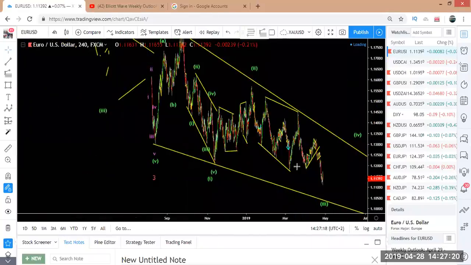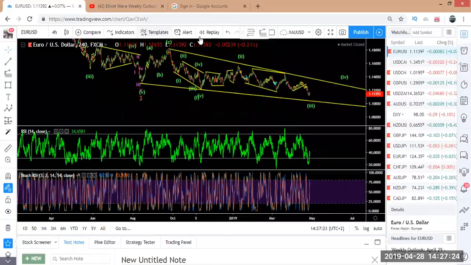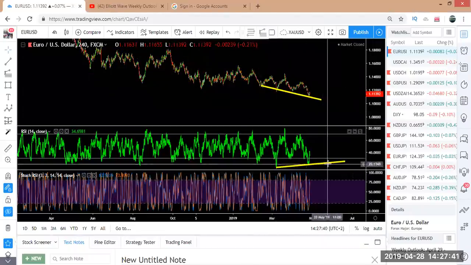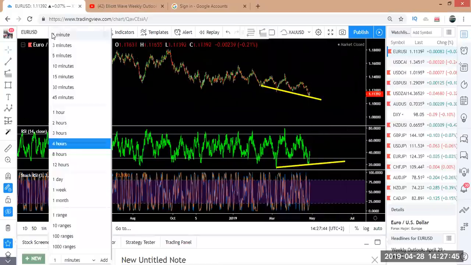Now, if you look at this, we're supposed to have divergence on this move. Towards the end here, we can see that on this move, we're already having this divergence. This one is making lower lows, lower lows. We need to look at the bigger structure as well. This one has now started making higher highs. Now, if you look at the higher degree, which is the daily,